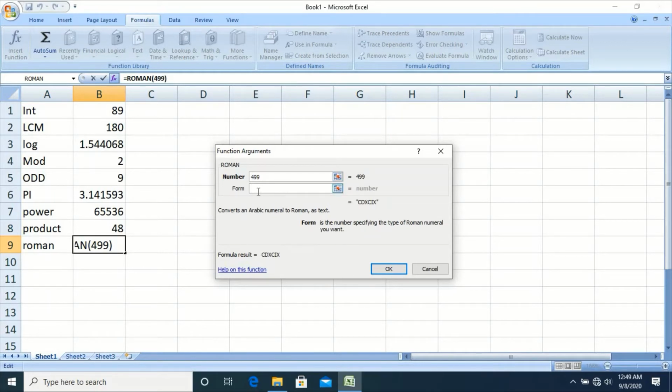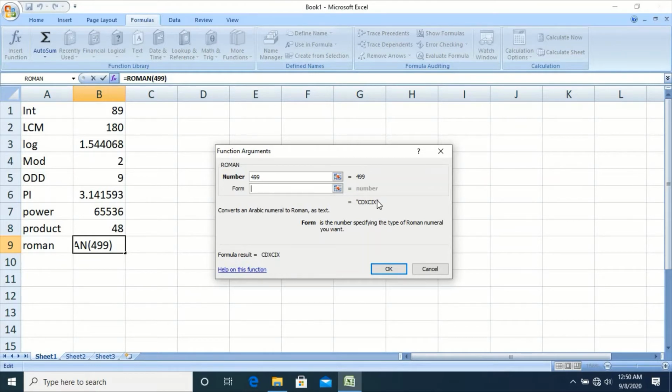Form argument is optional. It is the number which specifies the type of Roman numeral you want. It varies from classic to simplified. If no value is mentioned, it will display the classic Roman value.